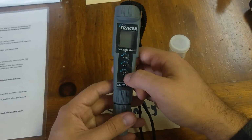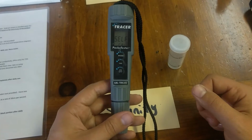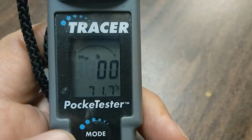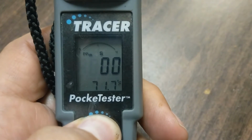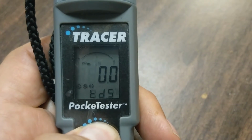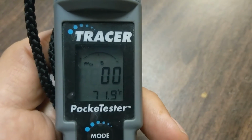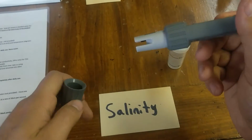So in order to sample, you press the on-off button. Make sure it goes through the self-cal with the cap on, not in the water. Make sure that the salinity has the ppm and the S on it. If it does not, press the mode button to switch between the different ones. That is not what you want. Neither is that one. Make sure it's ppm with the S. It says SAL salinity on the bottom, and it's reading 0, which makes sense. There shouldn't be any salt